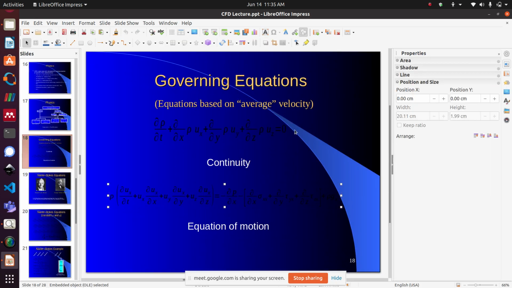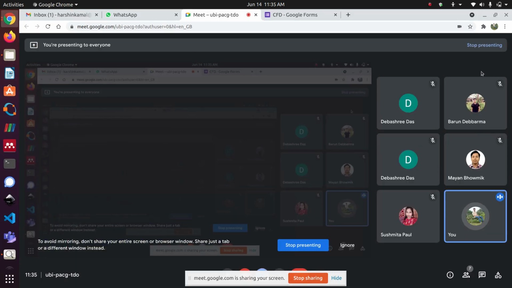These equations are not quite clear. I'll change it. So what is the most important equation when it comes to fluid flow? What is the governing equation for fluid flow? It's called the Navier-Stokes equations, right? Navier-Stokes equations. Okay, this is an important question. Do you know what a Navier-Stokes equation is? Anyone? Heard about it before?